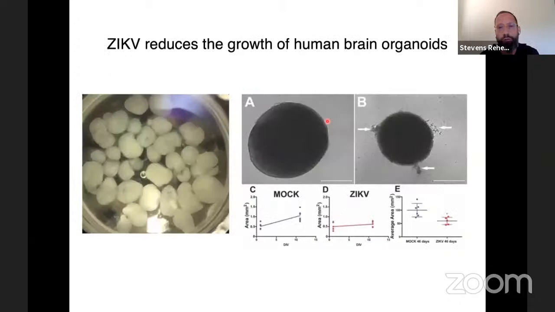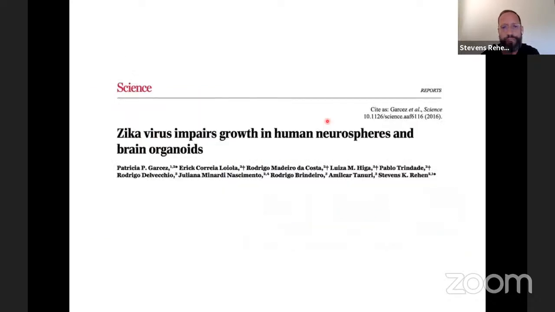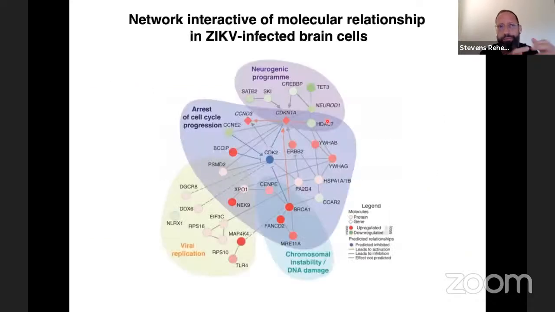When we followed the growth of these brain organoids that were infected with the Zika virus, we found that after 10 days, there was a reduction in the growth of those brain organoids, around 30 to 40%. So it was interesting because then we have a model to study this brain development that could be altered by the Zika virus. We published that paper, and